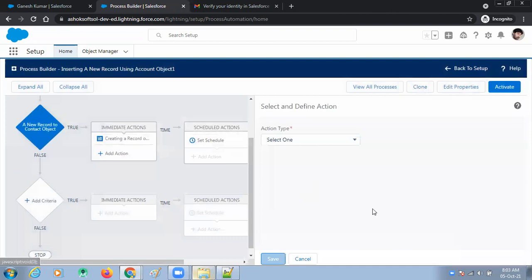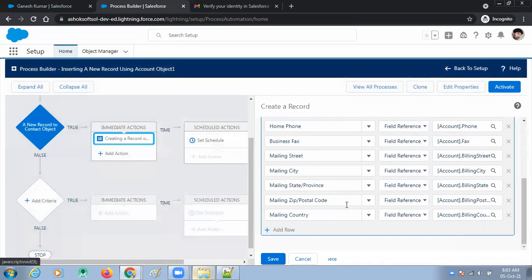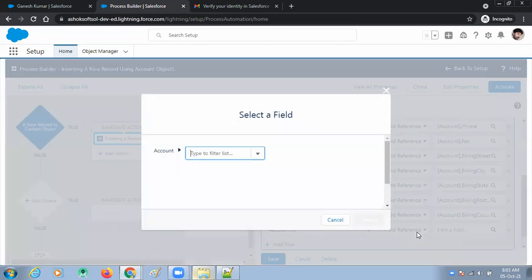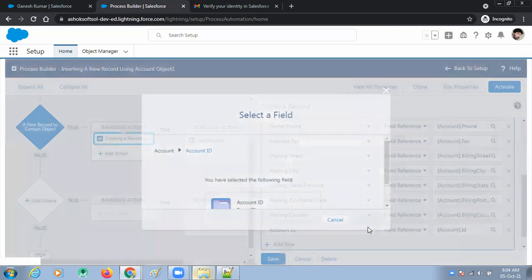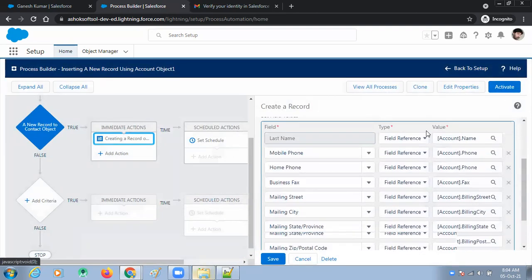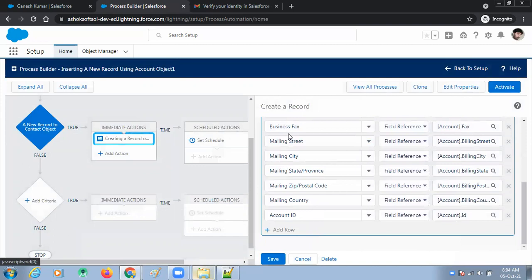Okay, I want to edit this field. Wait, not this. Creating a record. I want to add another field: ID, account ID, field reference, ID. It is the account ID. Save this. Save.